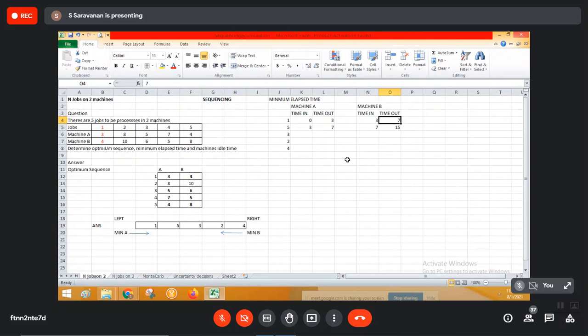Sir, I have a doubt. Why is machine B not starting at 0? Why is it starting at 3, sir? Yeah, exactly. You see, in this case, our assumption is we are just starting that activity. There is no other activity happening on those machines, from the nascent stage. The assumption here is starting from the nascent stage, which means the production has not started. Just consider it that way. When production has not started, machine B will be idle for 3 minutes until the activity of machine A is completed.